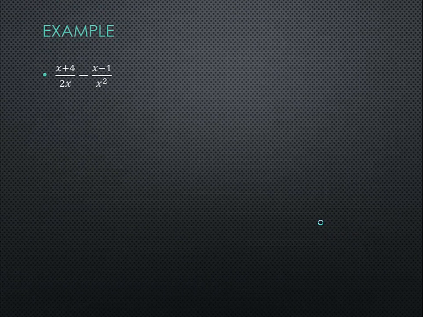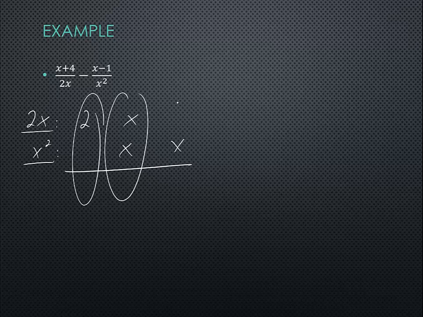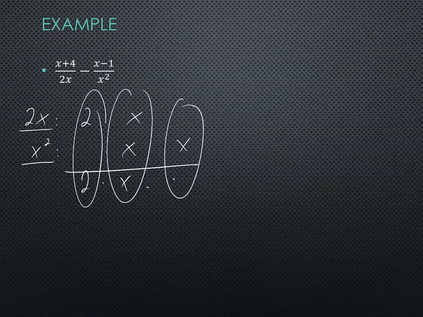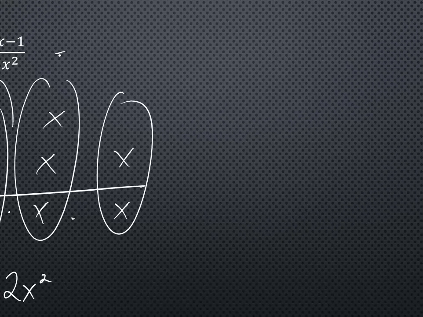Second, x plus 4 over 2x minus x minus 1 over x squared. Let's find the LCD. 2x breaks up to 2 and x. x squared breaks up to x and x. Bring your factors down. 2 times x times x. So your LCD would be 2x squared. So then these denominators need to equal 2x squared in order to add together. So let's go ahead and rewrite that. We'll have x plus 4 over 2x times